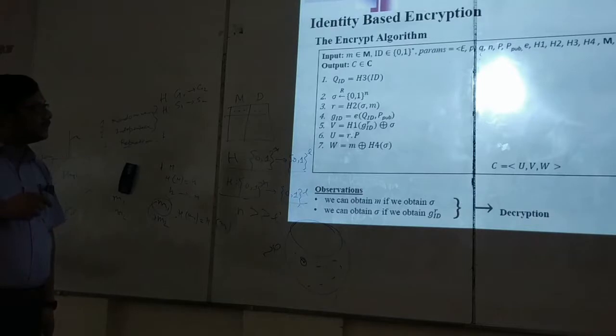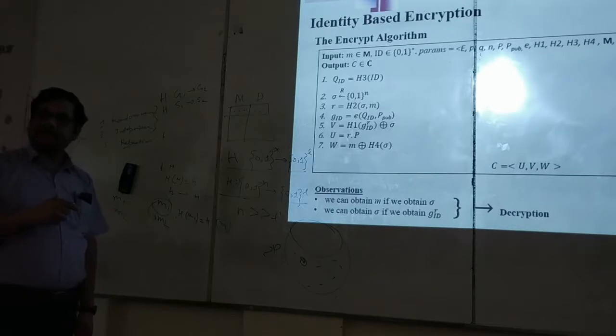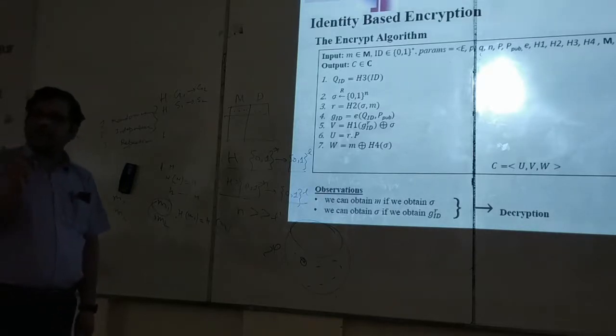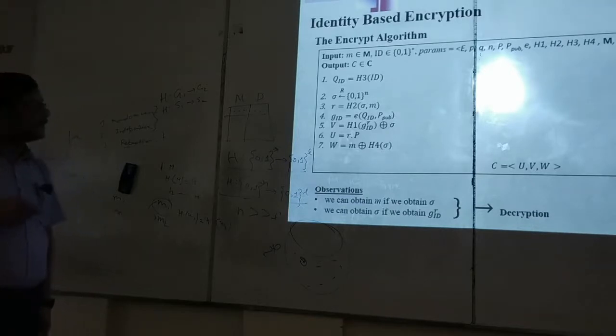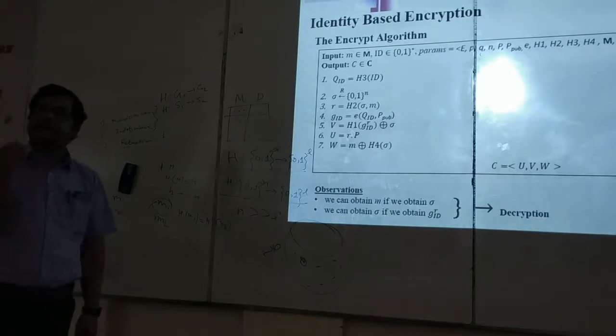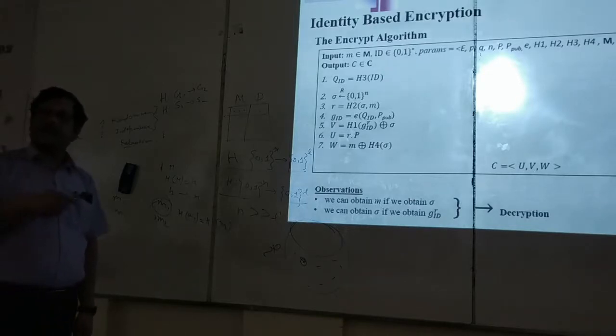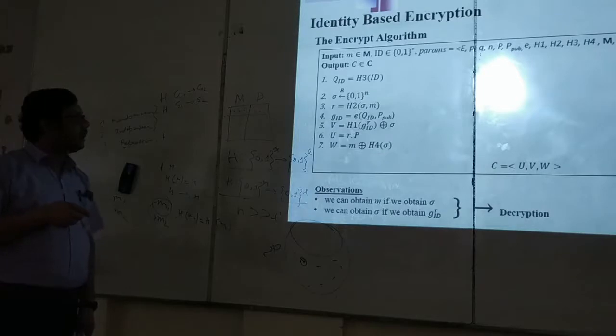See, this is a notation. It states that you are taking an element at random. This R stands for random. You are taking an element at random from where? This domain. What is the domain? n-bit strings. And assigning it to sigma. Sigma is a variable. Stating it in other words, sigma is a randomly chosen n-bit string. If you state it in simple English, sigma is a randomly chosen n-bit string. So I have chosen it randomly.